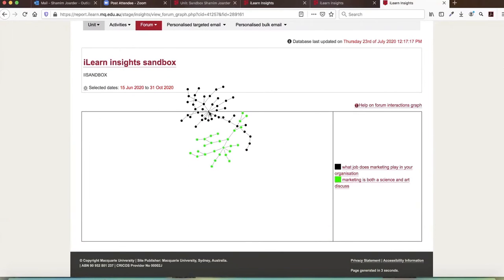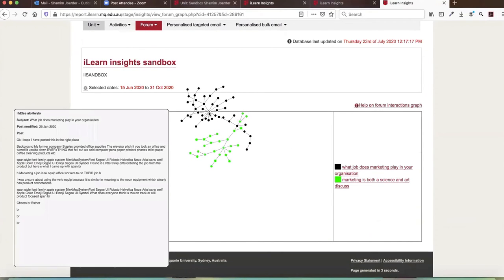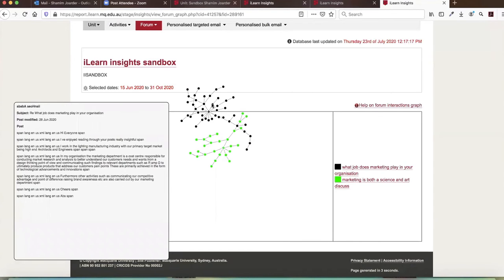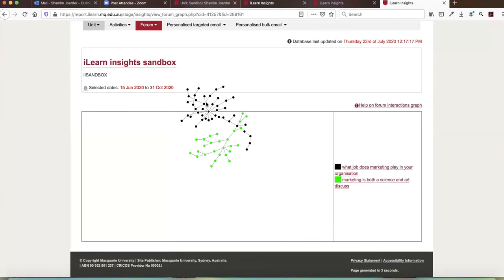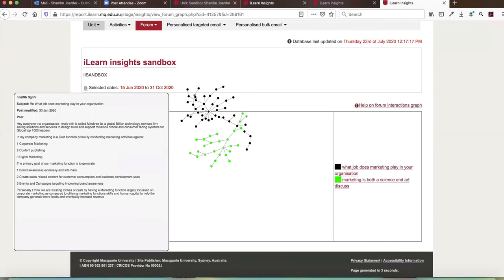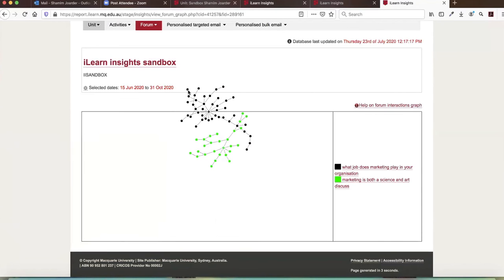The plus is the starting point, and you can read from here. You don't have to go to the actual forum and read one by one. It's a quick way to read. So quickly you can read it over here. This is a reply to that initial forum post. This is a reply to a reply. Same as you can read all of the forums that you like.